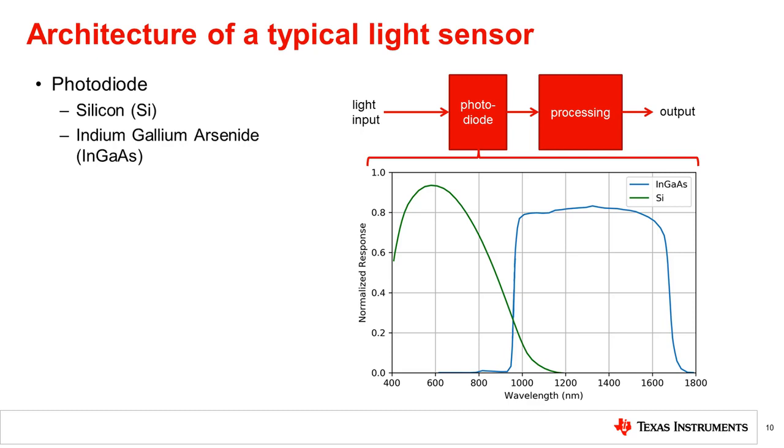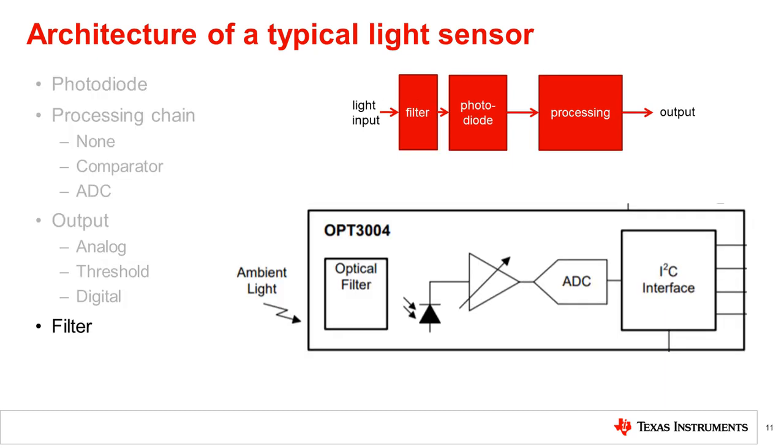Often, applications require specific sensitivity to certain types of light, which cannot be achieved using bare photodiodes. In these cases, an optical filter is typically deposited on top of the photodiode using a special process. This changes the spectral response of the sensor to meet the application requirements. Typically, filters are used with silicon photodiodes for applications sensing visible and near IR light.